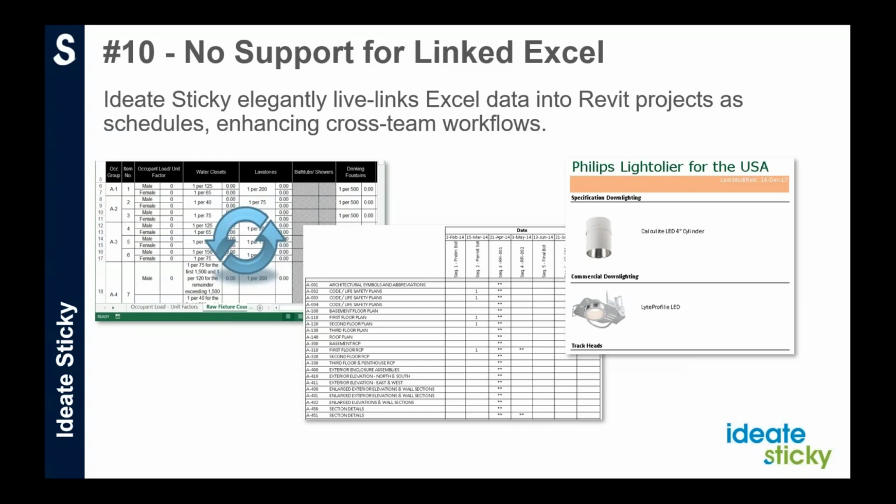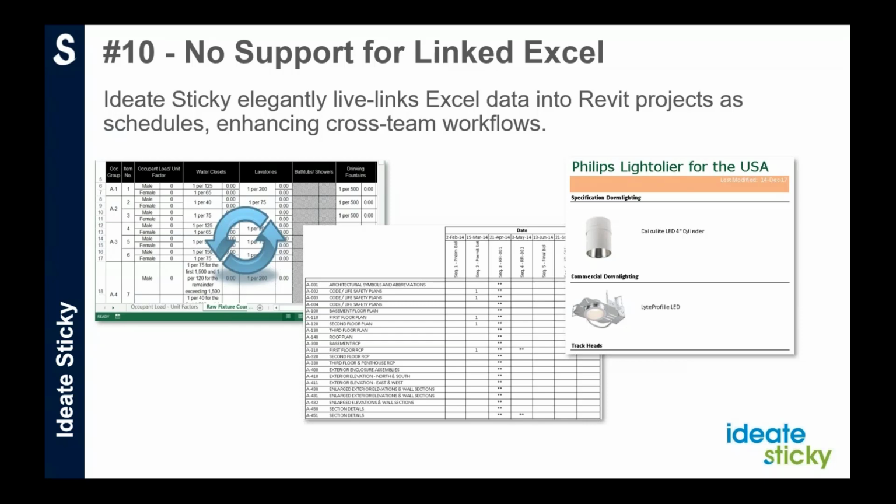And what we're seeing here on the screen is just a few examples of what we call stickies. The first sticky shown is a plumbing fixture code table. This is a kind of table that your local jurisdiction might require to have on your drawings. It doesn't specifically reflect BIM data about your project. It's just a requirement that you have pasted there. And so you can create that table in Excel, and that's exactly what it's going to look like on the Revit side. And we also have a document issue record